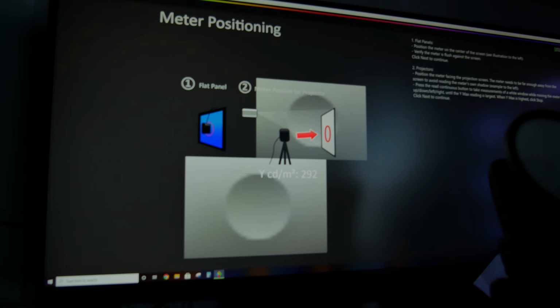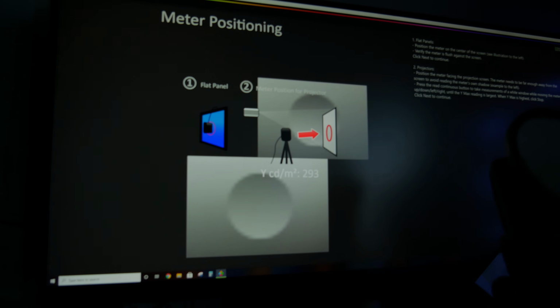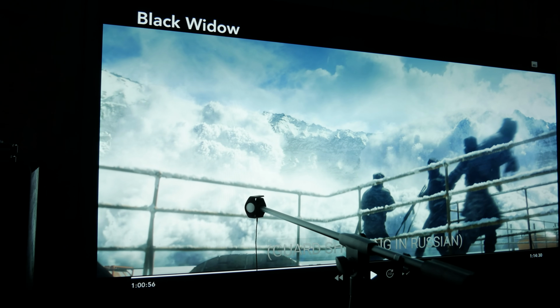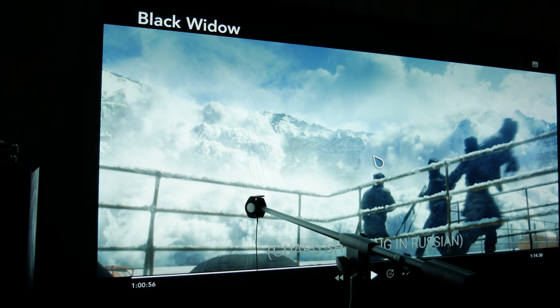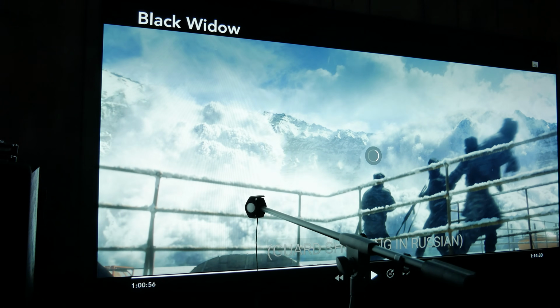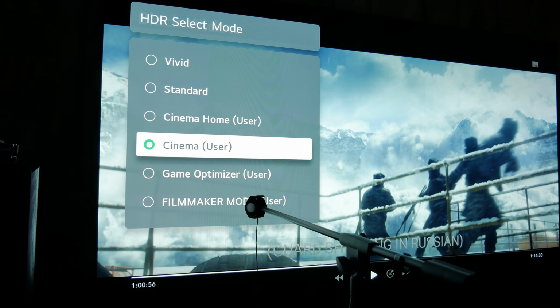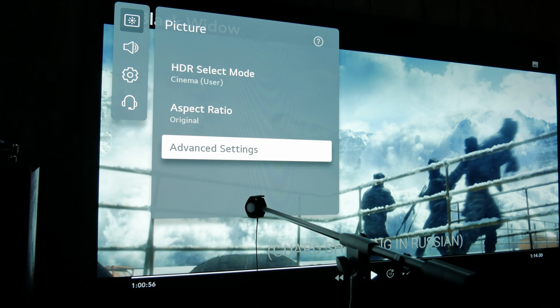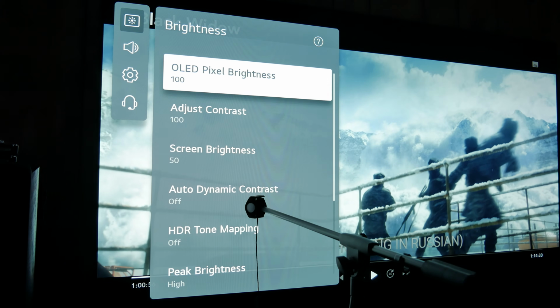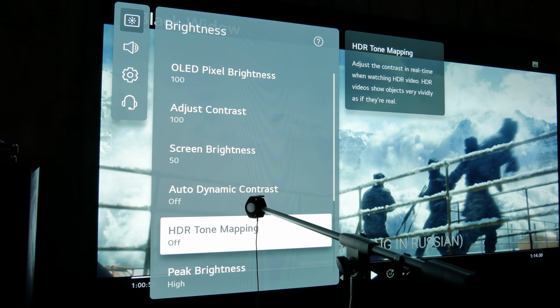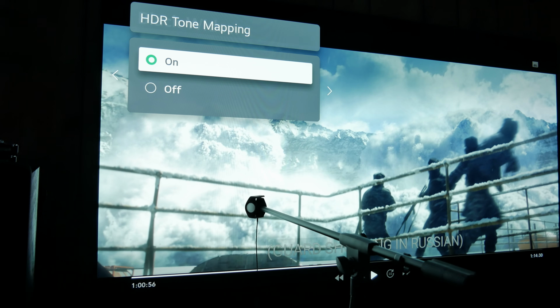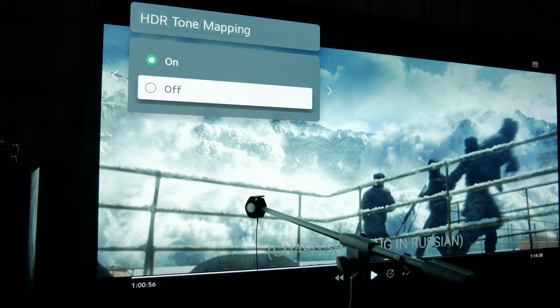And it's getting 290, just shy of 300 nits, say 295. And then we turn the tone mapping on. And what you're going to see is, in my opinion, again, it's not accurate, but I think it's doing a good job in that it's actually taking some of that energy away from the midtones this time and then sending it to the brighter areas. So you can see how the